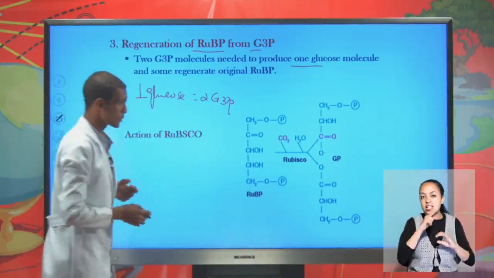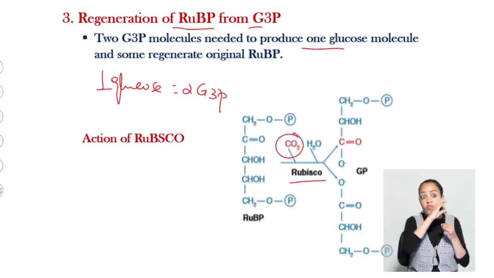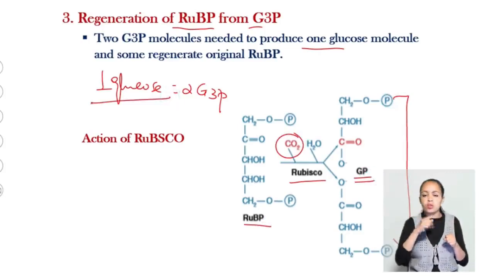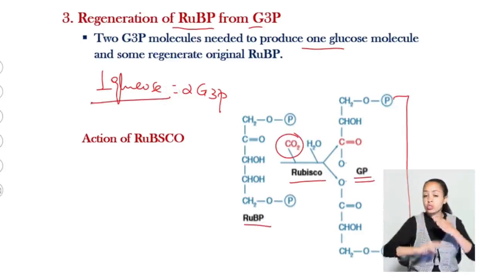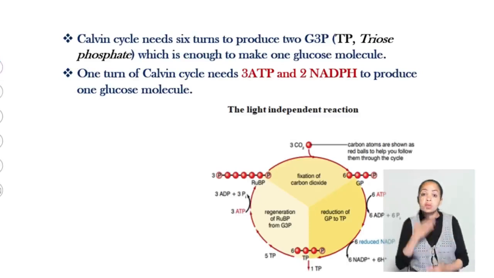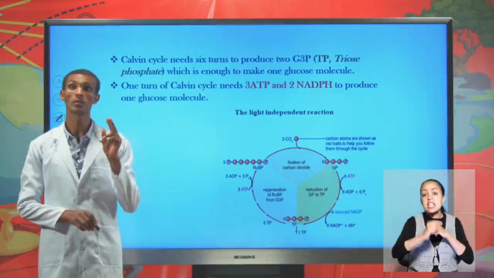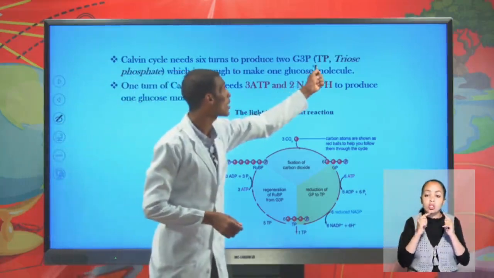This can be explained in the form of this diagram. Rubisco fixes atmospheric carbon dioxide, which binds with the 5-carbon molecule called ribulose bisphosphate, which is important in formation of two glycerate-3-phosphate molecules. Two of them are important in formation of glucose, whereas the rest are important in regeneration of ribulose bisphosphate molecule. Well done. The Calvin cycle needs 6 turns to produce these two glycerate-3-phosphate molecules, which is equivalent to triose phosphate,